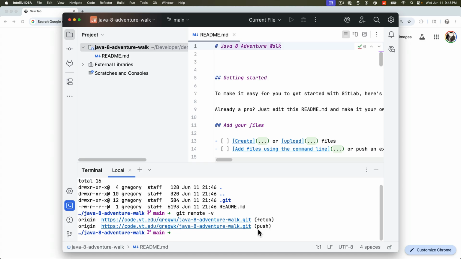So once I make all the updates I want to make, remember we said we're going to create a new branch, we're going to make all the updates we want to make, we're going to commit all those changes to the new branch, and then we're going to push it to the remote repository. So this is our